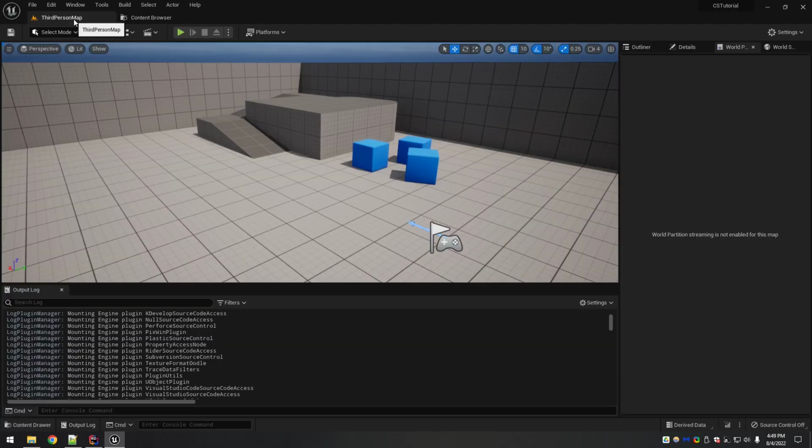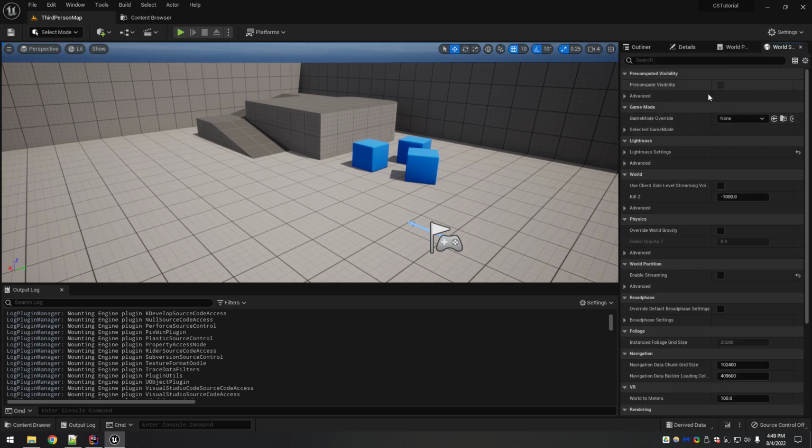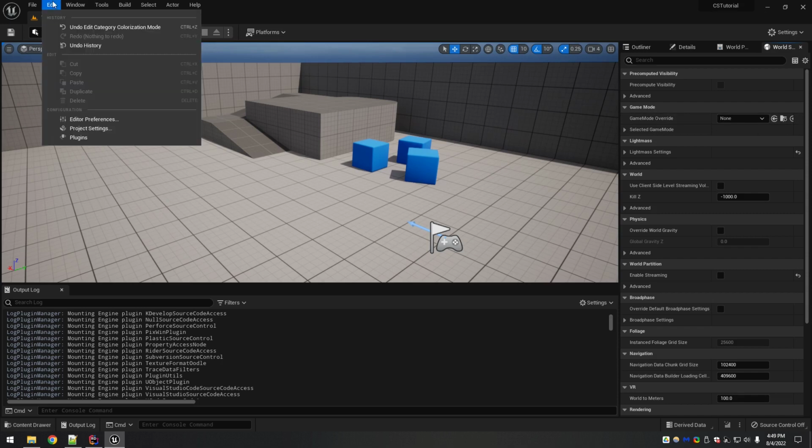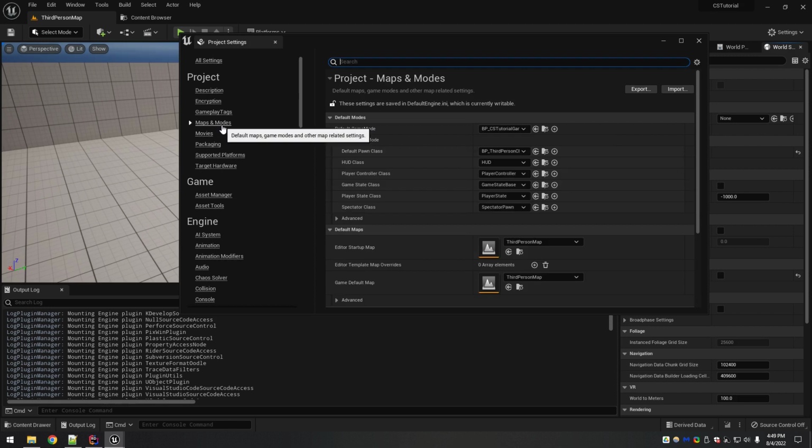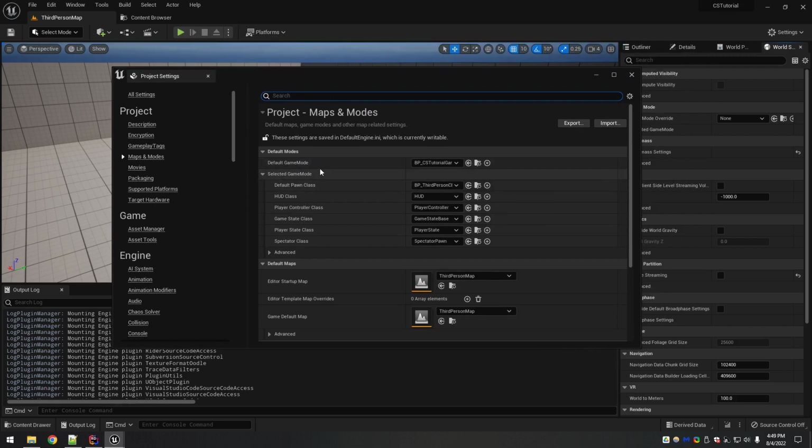This is important just because you can have a game mode override here under world settings, where you can manually tell it to use certain things, but I prefer to set it under project settings, maps and modes. You can set the game mode here and then specify what it's using here, and then you don't have to worry about this override.